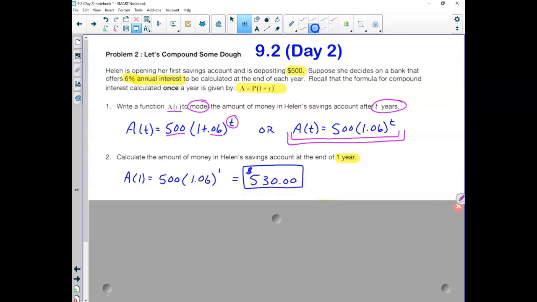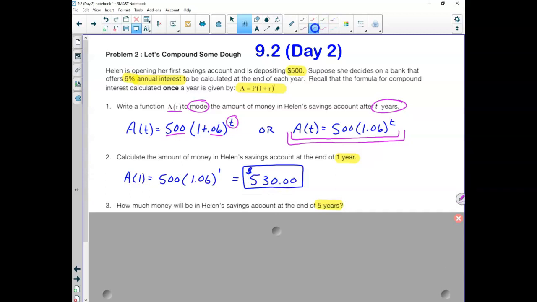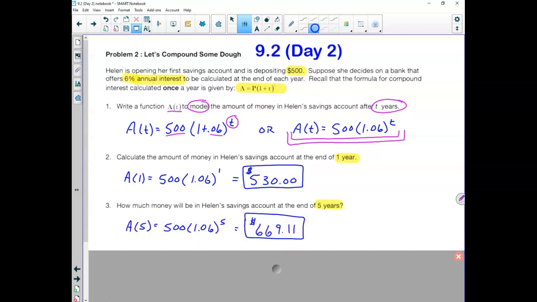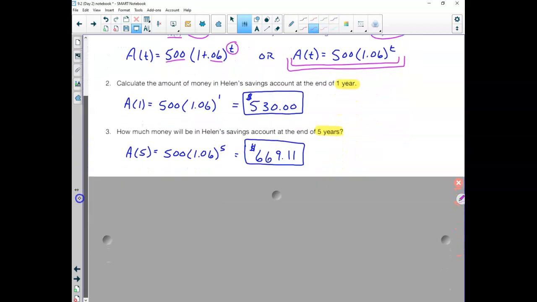So I entered these into my formula there. So I have 500 times 1.06 raised to the first power, and I don't know, some of you might need a calculator for that. But it's $530. Well, if she leaves it in there for 5 years, the only thing I need to do is change t to a 5. So now I have 500 times 1.06 to the fifth power, and that's if she leaves that money in there, gets 6% a year, never makes another deposit in 5 years,